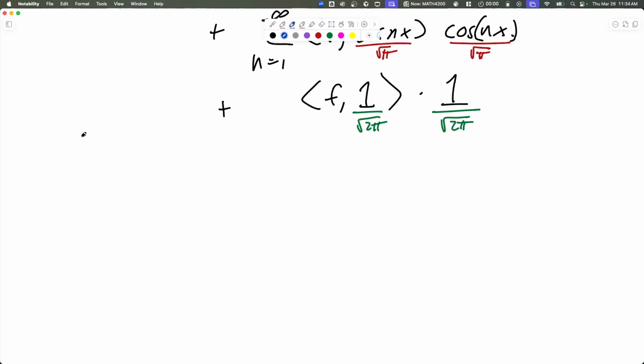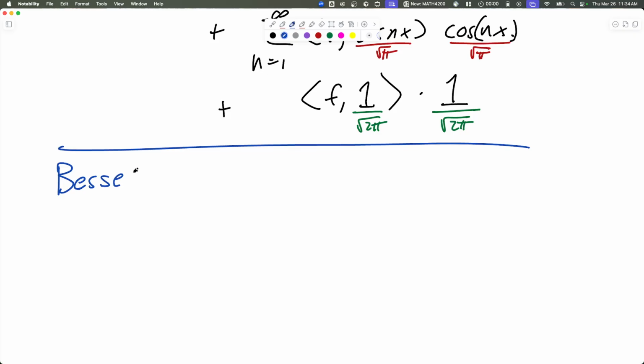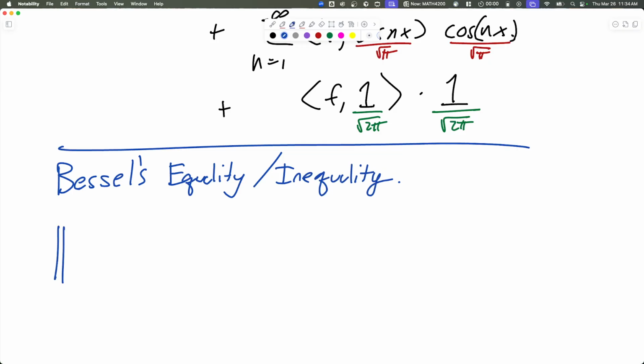And what do we have so far? We ended last class with this amazing inequality called Bessel's inequality, or Bessel's equality and inequality. This was the very last thing we did last class. It says that if you take the difference between the thing on the left and the thing we want on the right, it's something. I think this is the way it was stated in the textbook, and it was a finite sum in the textbook, k equals 1 to n. So Bessel's equality is for finite